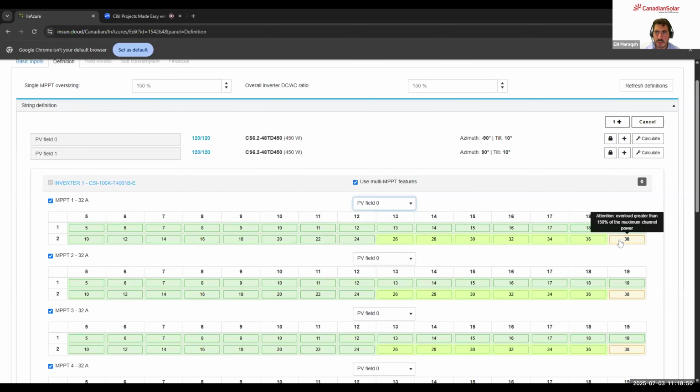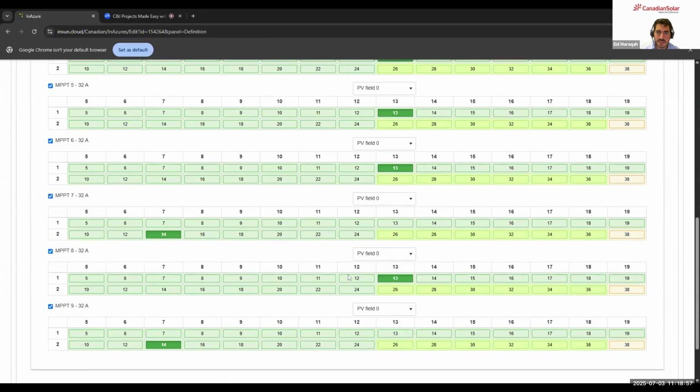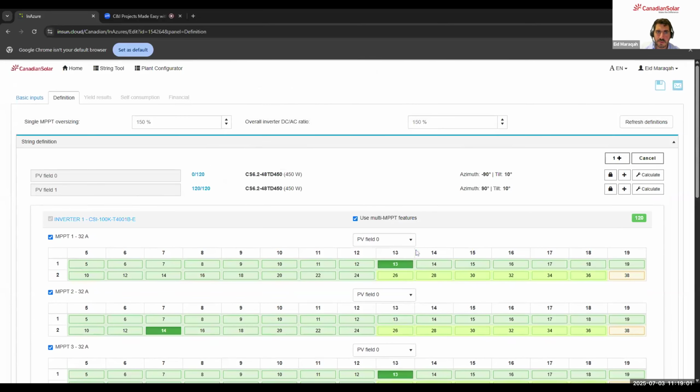So I can do this manually if I want, or I can just click calculate. Basically, anything in green is acceptable. Now I have distributed 120 of the total of 120 for PV field 0. And then for the second one, which is PV field 1,